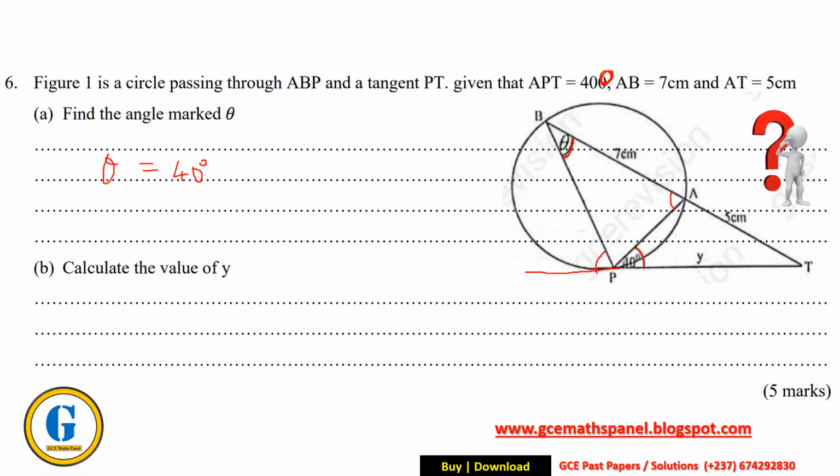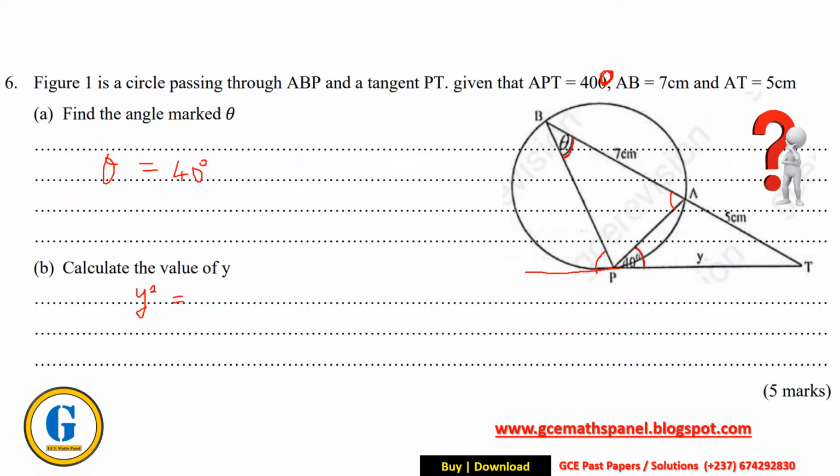If you extend this tangent, this other angle here should be equal to this other one here, and this one maintains its value. Now, to calculate the value of y, we know that y squared, that is PT times PT, should be equal to this long length from B to